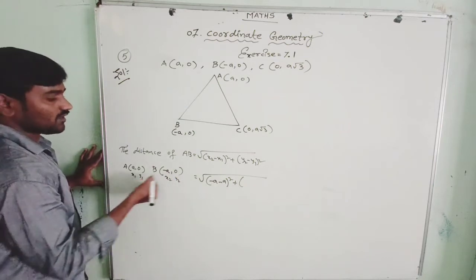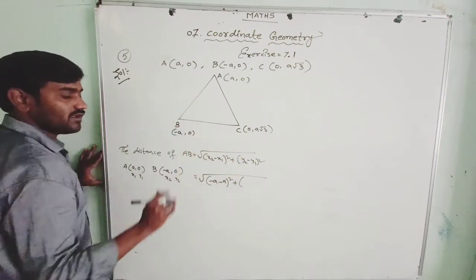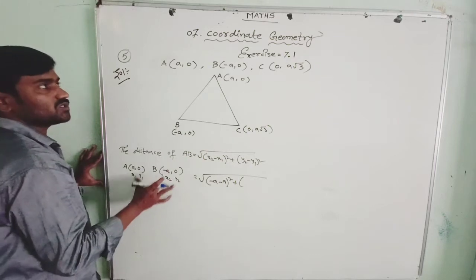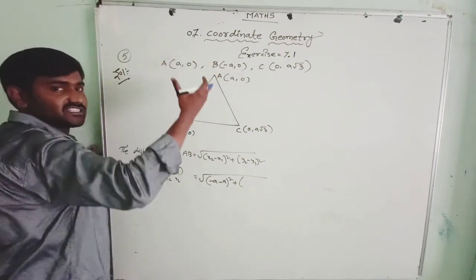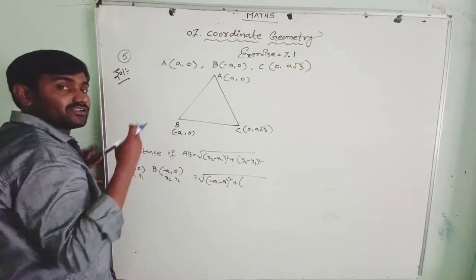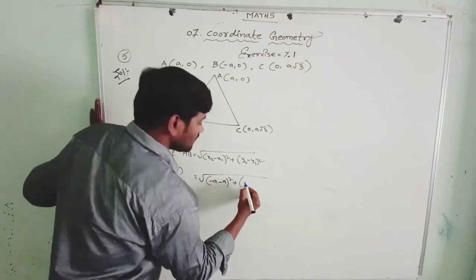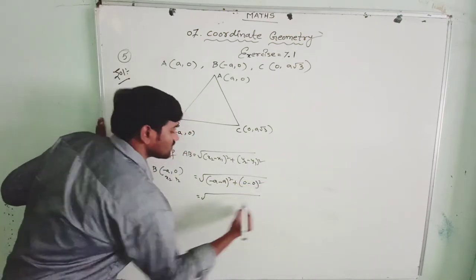See, both the y values are the same, so you can use the mod x2 minus x1 formula directly, and you will get the answer. Because here the y coordinates are 0, the distance formula is mod x2 minus x1. That works too, but since we have already written the formula, let us prove it. It works with this formula as well.